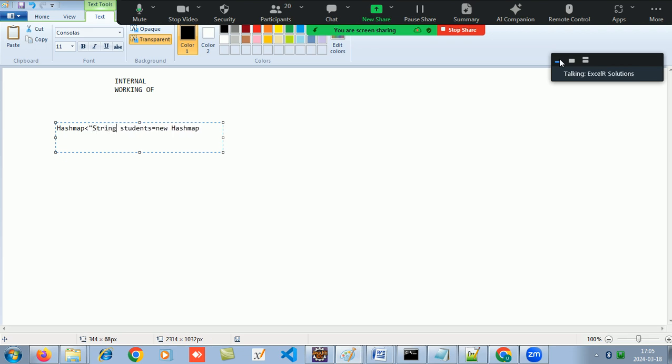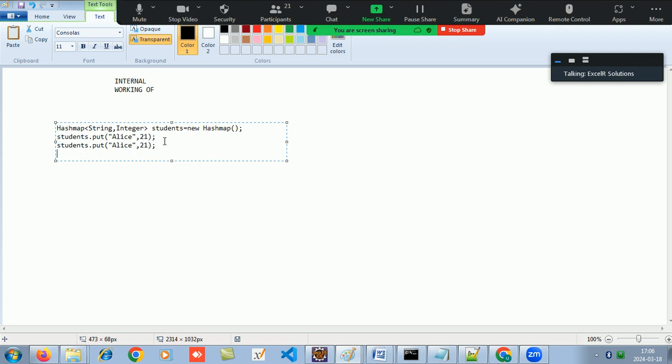I will store their name as key and age as the value. And directly we can give it over here like this. So when I try to add something to the hash map, the key and value, how it is stored internally in a hash map is,